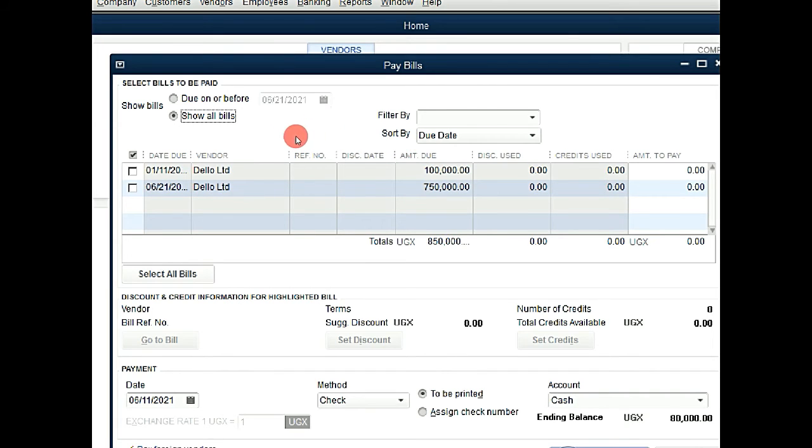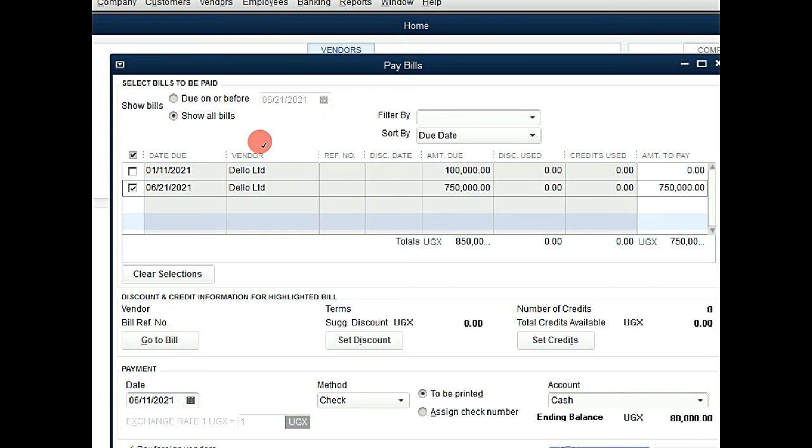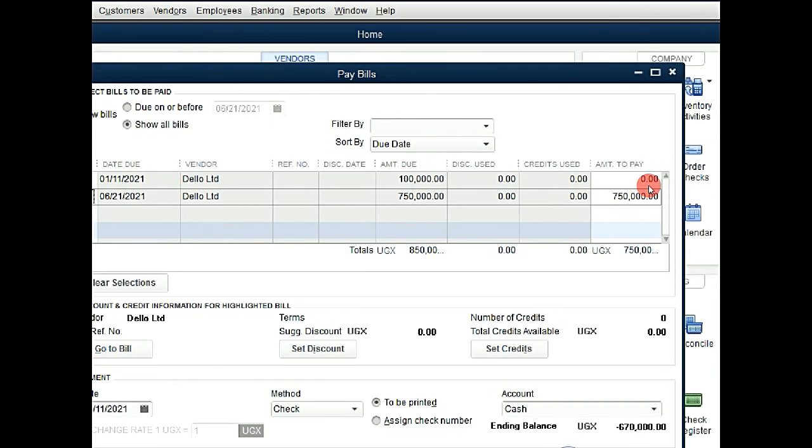But in this case, it's still this same person who had an opening balance in the beginning. As you saw, we put an opening balance on him, but this is now the current bill which is related to the 21st of June. So if this is the bill we want to pay, we shall click in it. Then we shall come down here